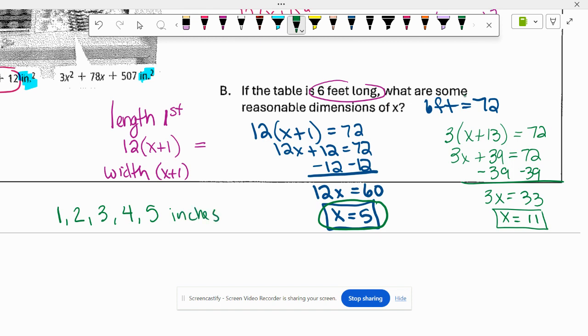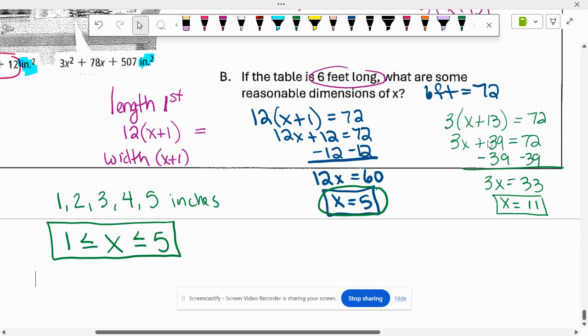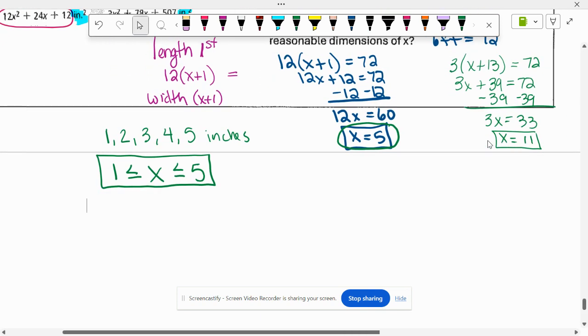So we're going to say that 1 is less than or equal to x is less than or equal to 5. Okay, so that's how we do that. And that's it. So these are your two